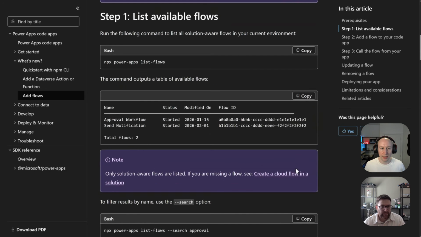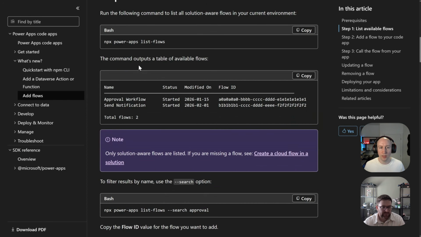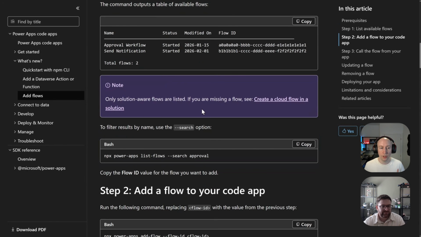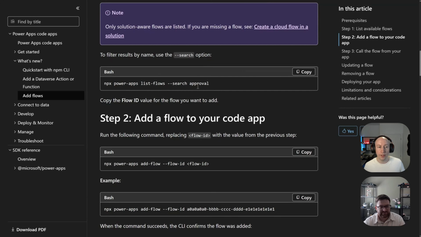So let's go back to this, and it says the command outputs a table of available flows, which is what we're looking at. Only solution-aware flows are listed. So if you're looking at the flow and you can't see it, maybe it needs to go into a solution. And you can also filter this list, which is really nice. Use the --search option, and then you can search for, say, if you want a flow that has approval in the name,